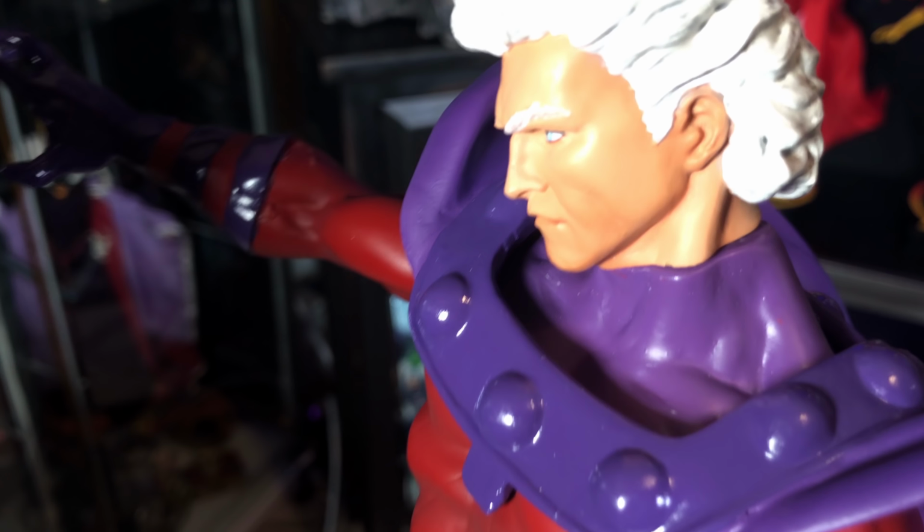And normally I would have already opened the statue, looked at it before I presented it, but it was Magneto, so I wanted to open it with you guys because I typically only bring something to you that I know that I love. There's a lot I like about this piece, but there's some issues with it, and this being one of them, that I think I might actually send this one back